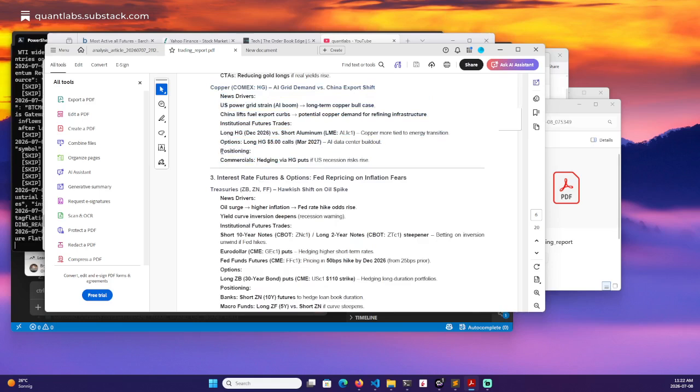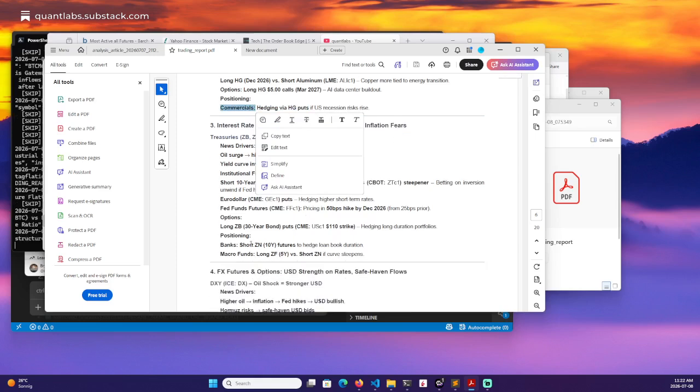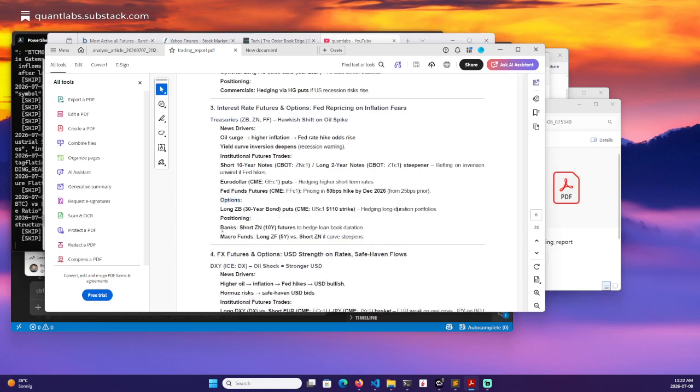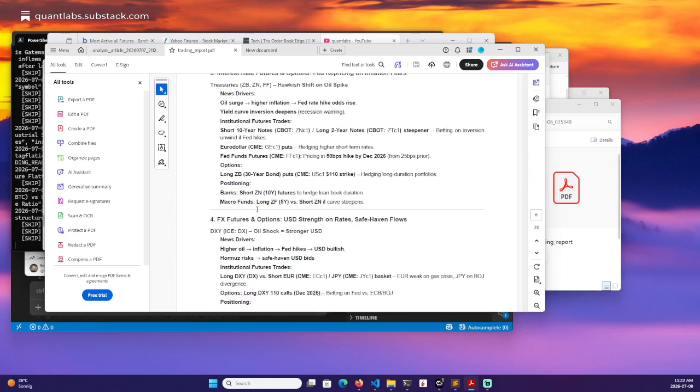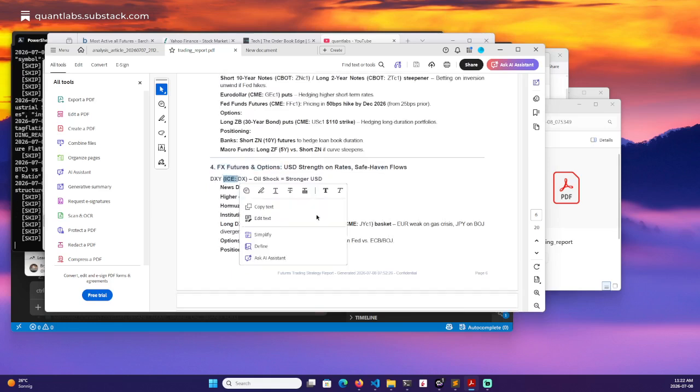So again, the important thing is the positioning from this document and what type of market participant is doing the hedging on puts if US stock rises. So there's the driver of this call, and these are the commercial participants. These are usually the participants and whatnot. Here for treasuries, we have again more positioning. You can see what's happening in the options. And again, you can see we have banks, macro funds, and what they're doing, and the conditions they'll make that call. Importantly, which is still a big one, obviously DXY, as I said, is on the ICE.